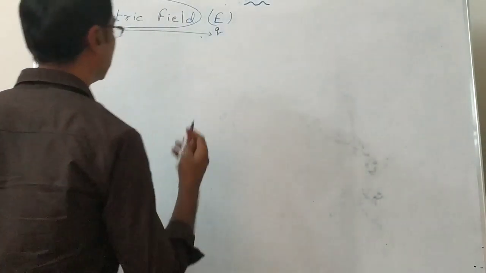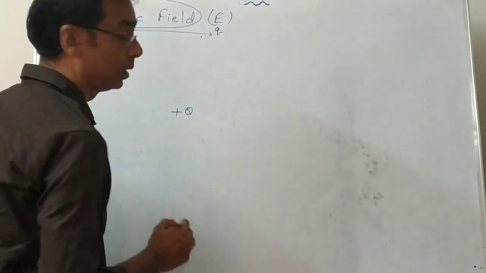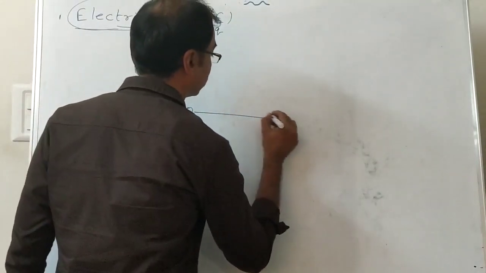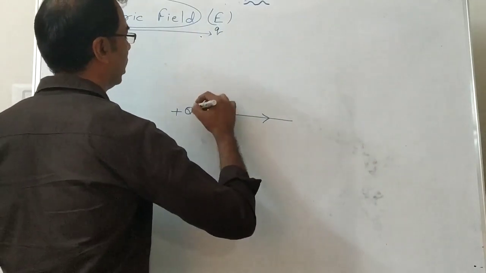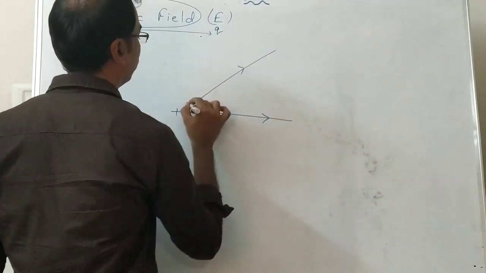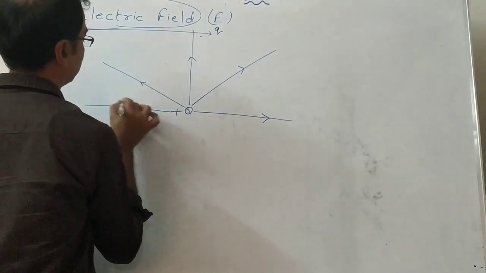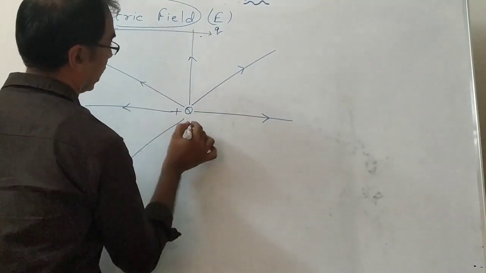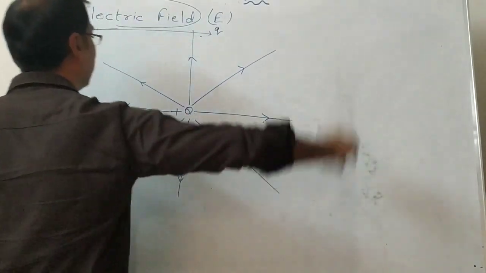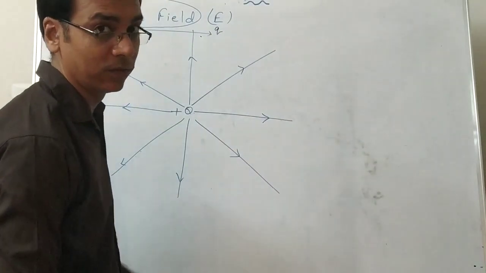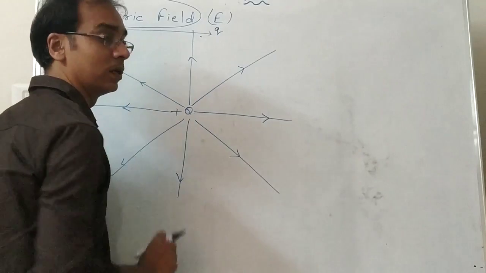If we are talking about a positive charge, positive Q charge, its field will always be away from it. You can keep plus 1 over here. It is going to repel wherever you keep plus 1. So its direction is always away from it, like this. And if you remember, it's a point charge, so its area will be spherical, like we studied in wavefronts. Point source. And this is a point source only.